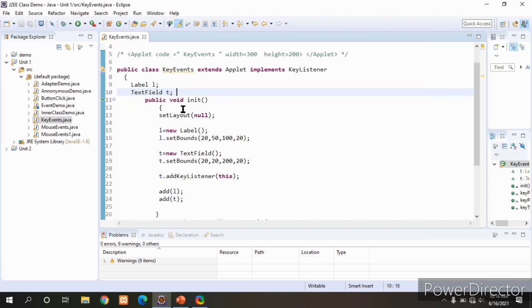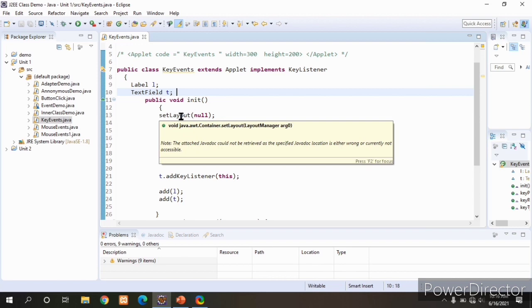Next I am writing an init method. In that init method, whatever user interface we need, that code we write here. First I am setting the layout to null. This is not compulsory to use at the last; we can use it as the first statement itself.